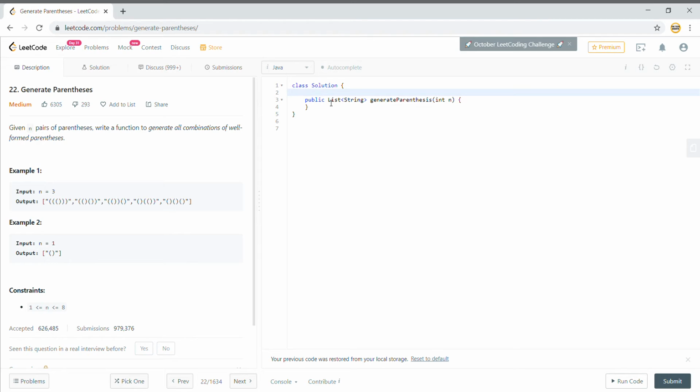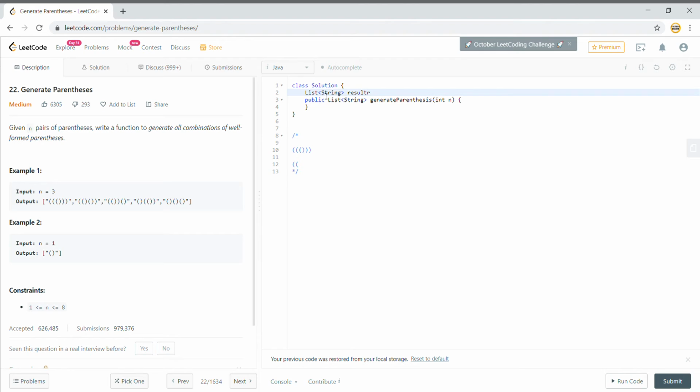One thing we have to keep in mind is that since we are dealing with parentheses and have to generate well formed parentheses, the idea should be that you first create the open parentheses, and based on the number of opening brackets you decide that that many closing brackets should be there. That can be your boundary condition. So let's jump into the solution and see.